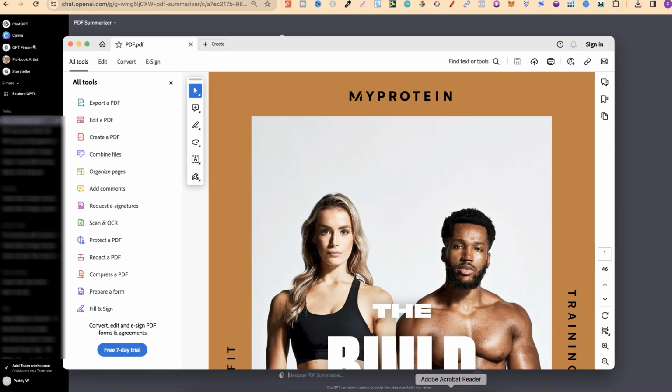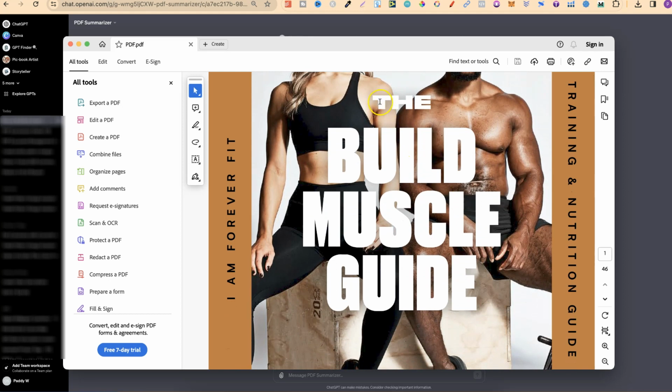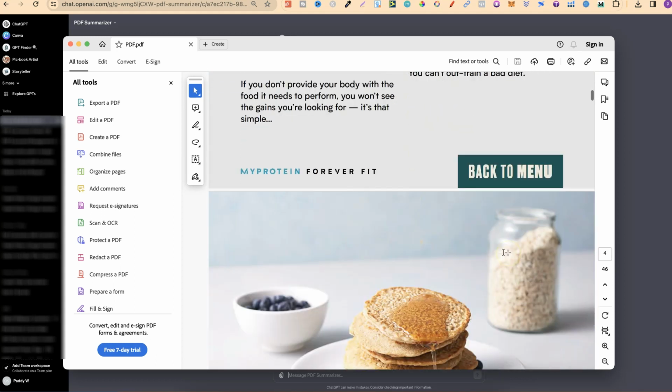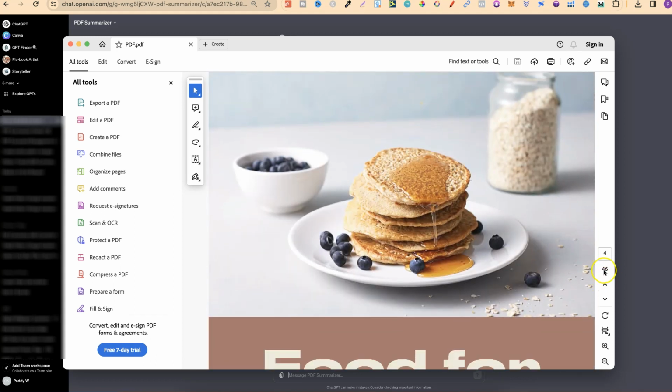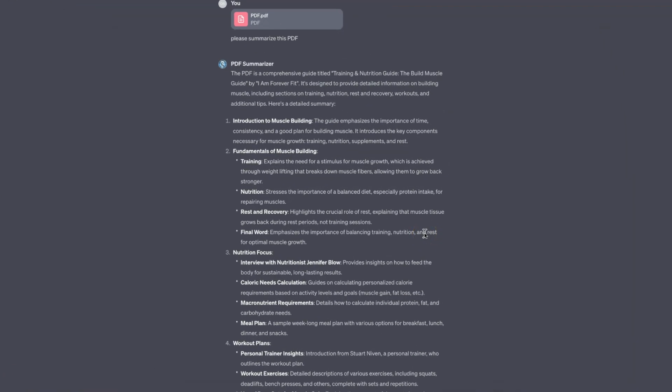So if we actually open this, we can see this PDF is about building muscle. It's called the Build Muscle Guide. Now if we scroll through here, we can see that there's quite a lot of pages, 46 to be precise. Now if we come back over to here, we can see that it's done a fantastic job at summarizing the